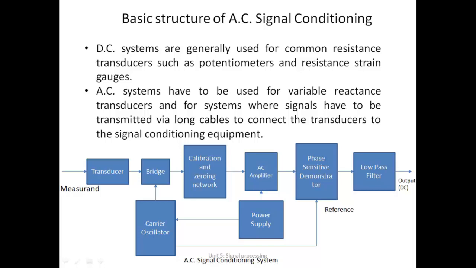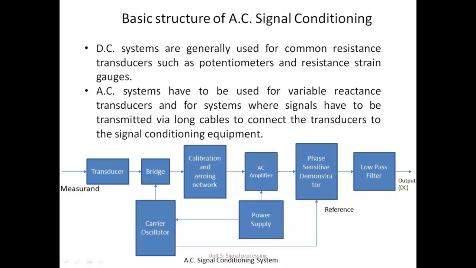Then an AC amplifier is used, and after the AC amplifier we have a phase sensitive demodulator. What it does is it knows what carrier wave you had used as a reference. So from the modulated wave that it was receiving, it will discard the carrier wave and give you at the output the original wave that we had sent, which actually carries the information. And that, as we had seen earlier, will be fed to a low pass filter, because human body measurements are low frequency signals. Any unwanted noise will be removed, and then it will be given as the DC output.